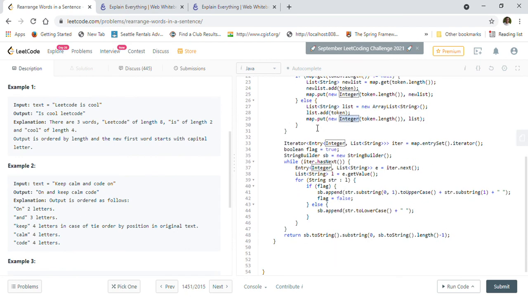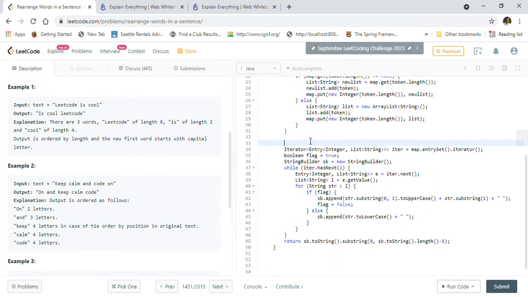So this one is pretty straightforward. When we are running, to show you how the map looks, I'll just write a system.out.println, and we will just remove this later, right? Before we submit the code.